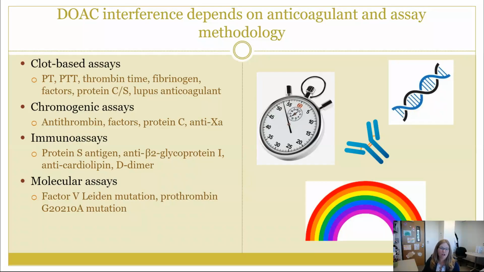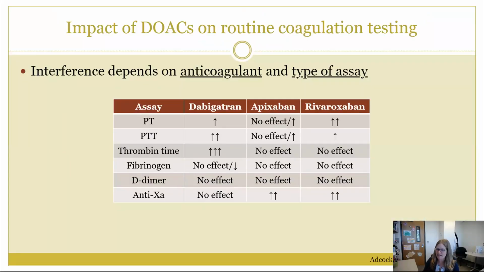So a DOAC could prolong clotting more than it should. And then chromogenic assays, it really just depends, which is not sometimes the answer that our providers want to hear, but it's up to us as laboratorians to make sure we understand which assays are in use in our lab and how to advise our clinicians on which testing to order or how to interpret it. So we'll go into some details now of specific assays and the impact of dabigatran, apixaban, and rivaroxaban on these